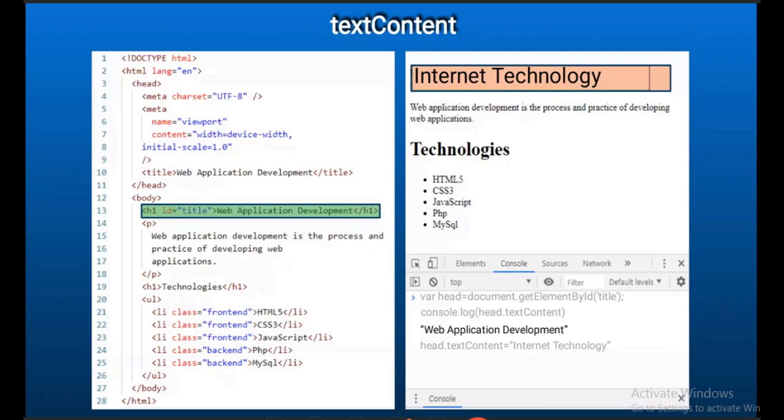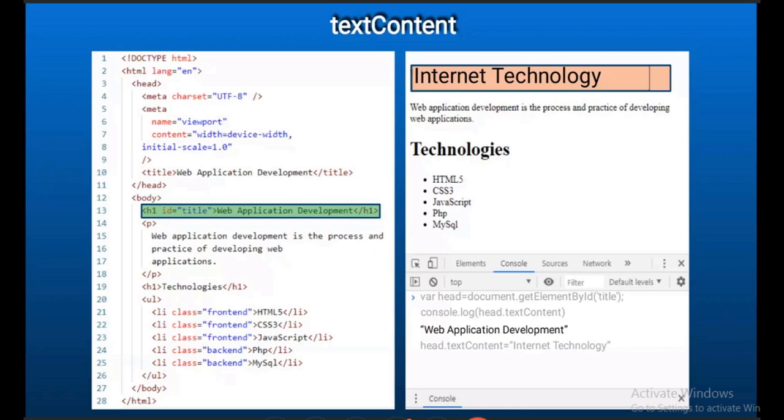So that is innerHTML. Just like we access text content, we can access that HTML content. So that is the purpose of innerHTML. Let's look into it. So I again access the reference of the ID title, then console.log head.innerHTML.